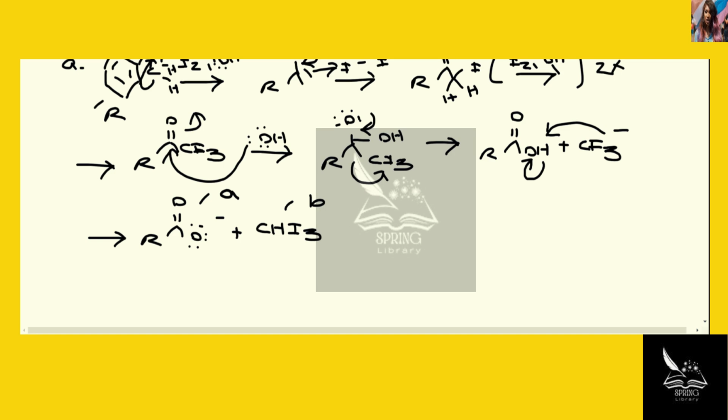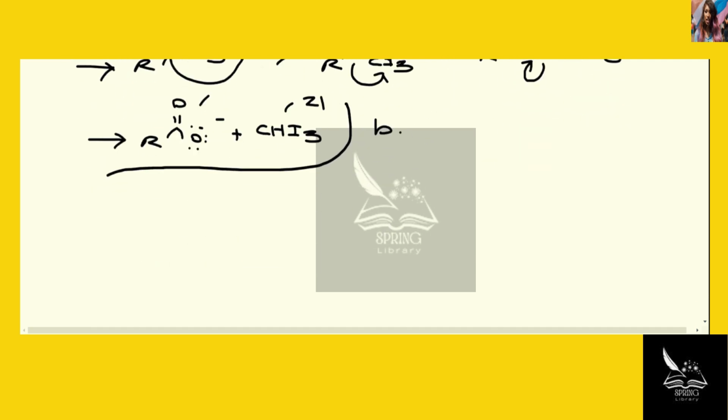I mean, this is structure 21. So for B, we have to show the mechanism for Br2 reacting with hydrogen or an acid to get the structure. So again, we're starting with acetophenone. So it's going to be similar to what we did in A, same mechanism, but this time it's under acidic